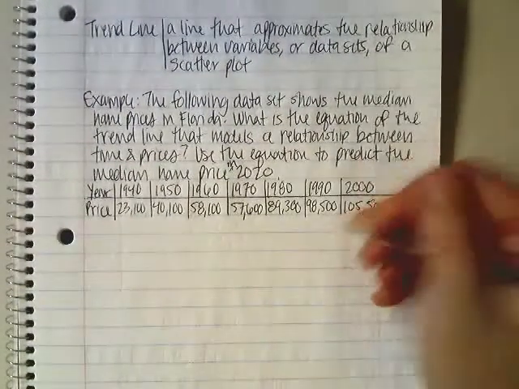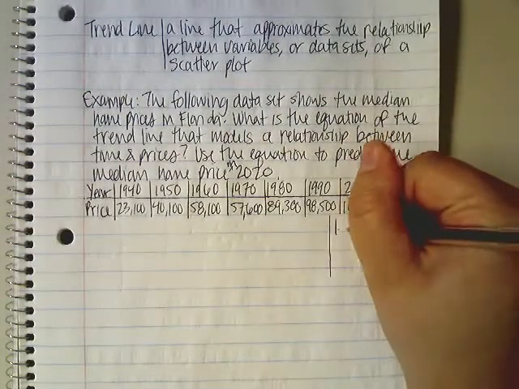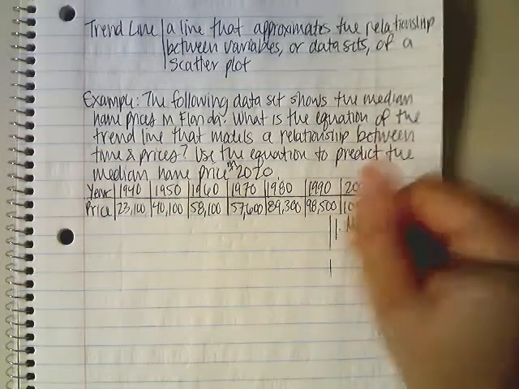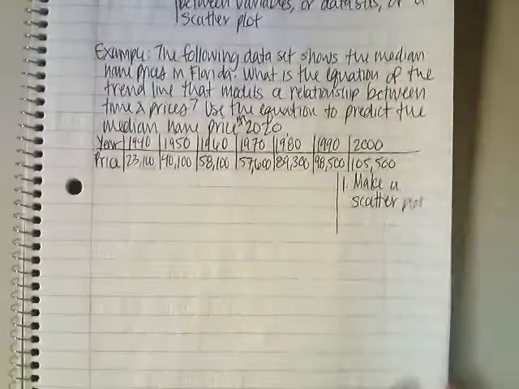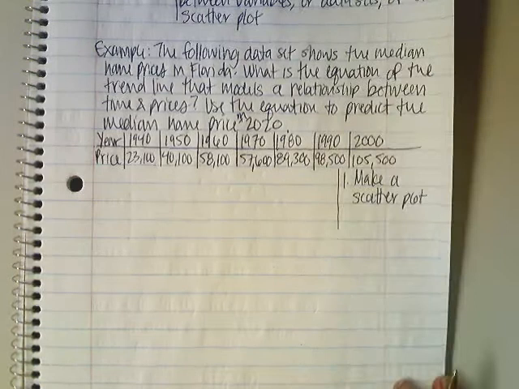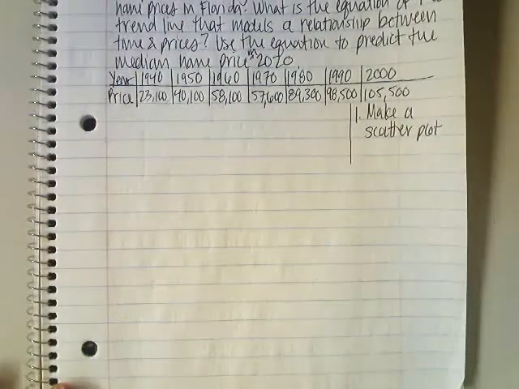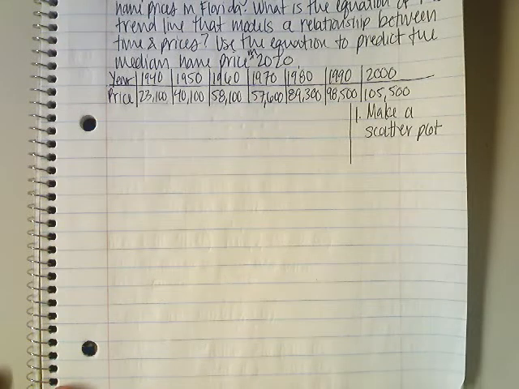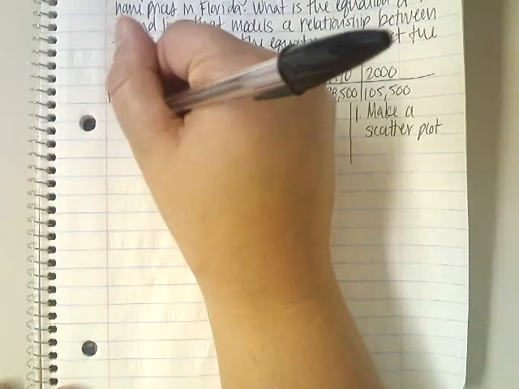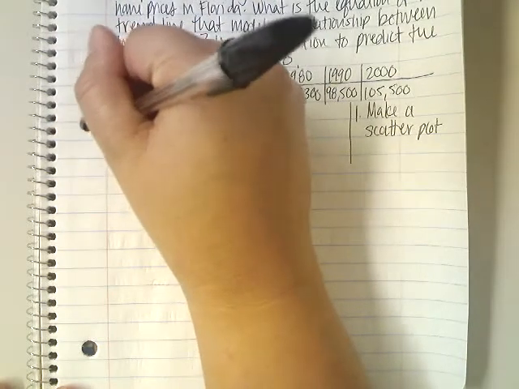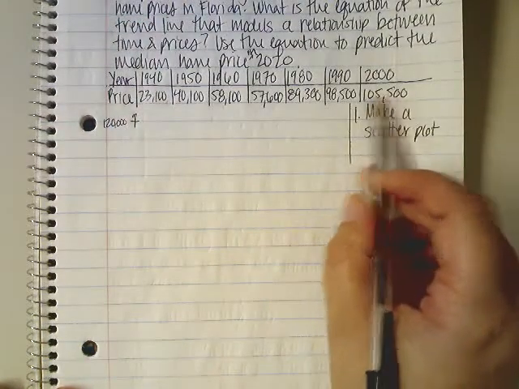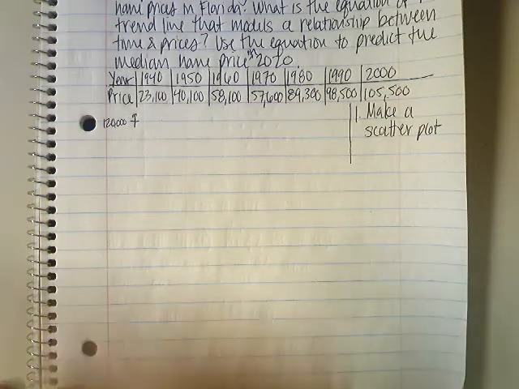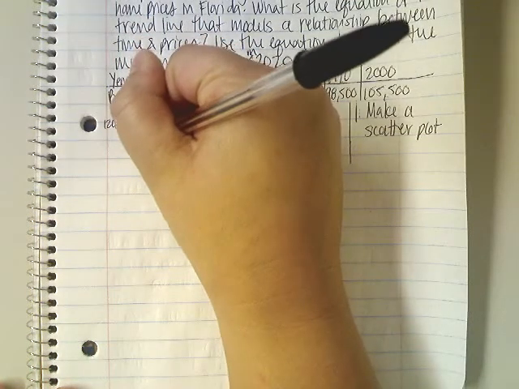And the first thing we're going to do, so I'm going to write our steps off to the side. Step one is to make a scatter plot. So I'm going to talk through some of the tips I have for drawing a grid. Obviously, it would be ideal if you were doing this on graph paper. I'm going to do it in the notes with lined paper for now, but keep in mind, graph paper would be ideal. But I'm going to assume my top value is going to be 120,000, because I know it's going to be more than 105. So I could do 110, but just to be safe in case I want to graph higher later,